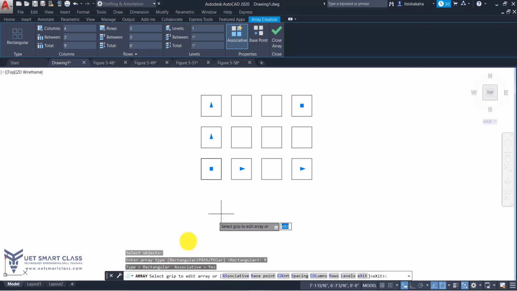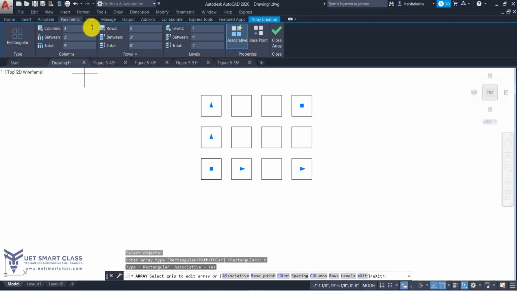Okay, now first and foremost, the basic is just to learn how to enter the rows and columns. So I'll show you the easy one. Both are easy. Basically, you can use the command line as well and the ribbon as well, as you are comfortable. So I'll show you through the ribbon because the command line is very small, so you won't be able to follow my steps. So here the first is the type panel, in which as of now it is rectangular.